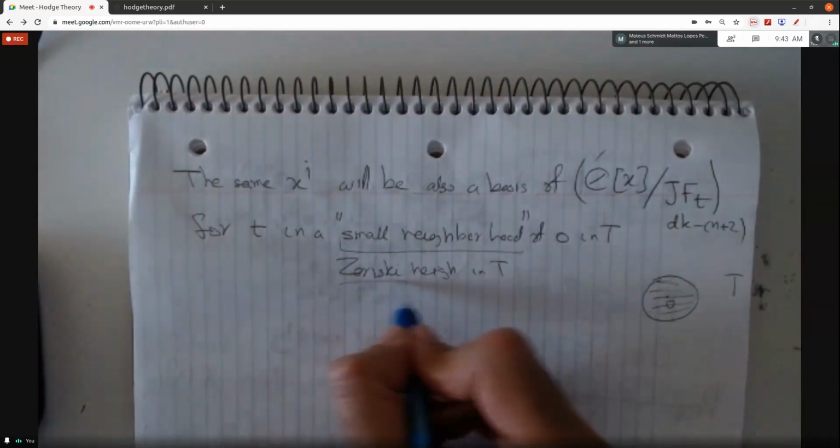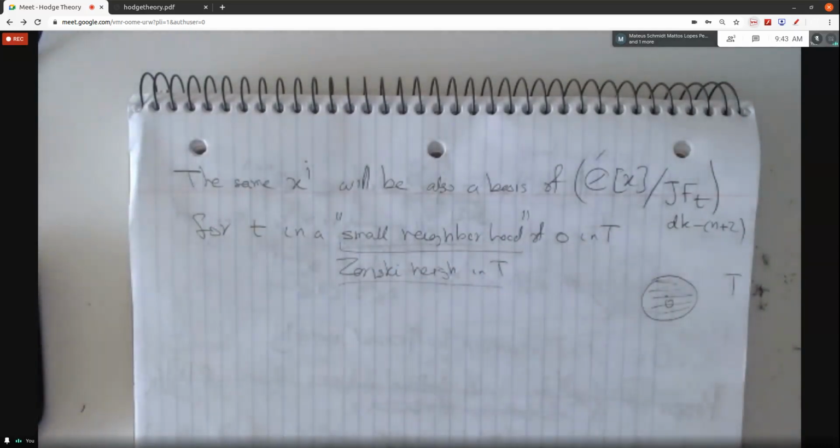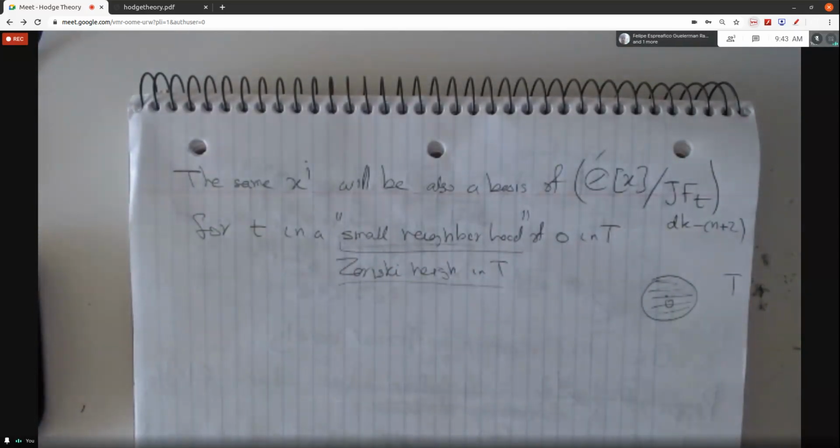This one I will not explain, but the small neighborhood follows again from the fact that, let me see,